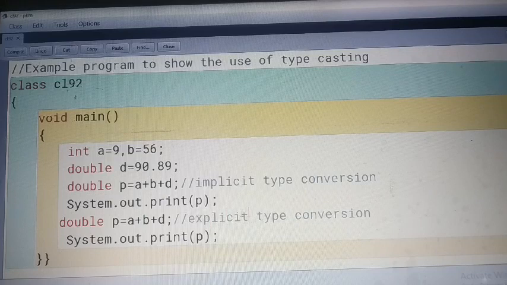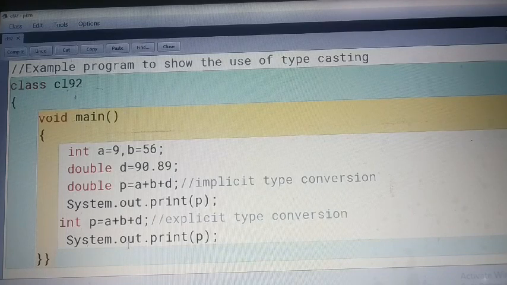So one statement means one operation we have seen of implicit type conversion. The next statement will show you the explicit type conversion. How is it done? Suppose I take the same statement, same calculation, and I want to make it integer type.